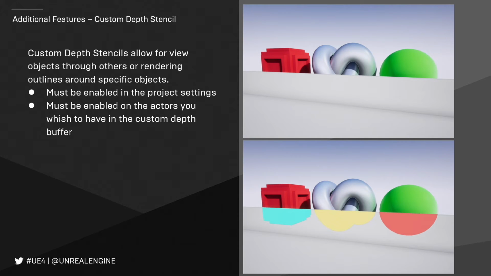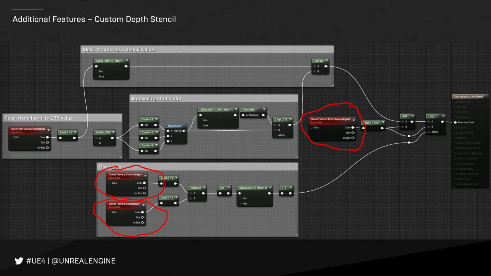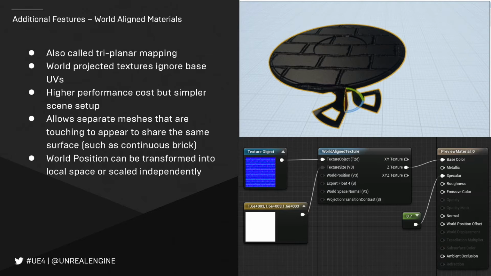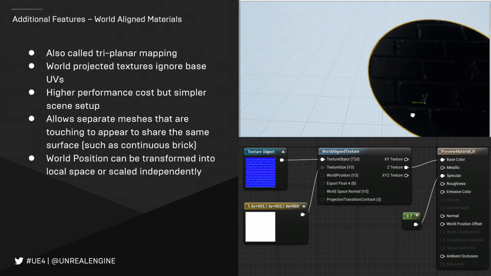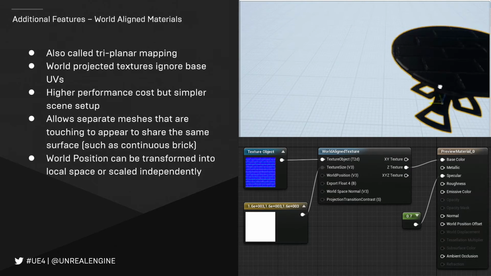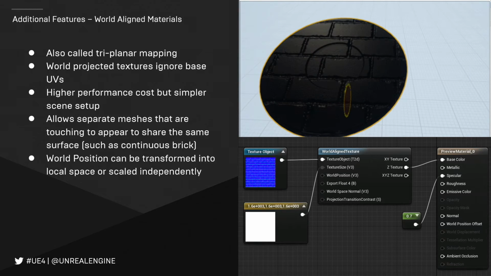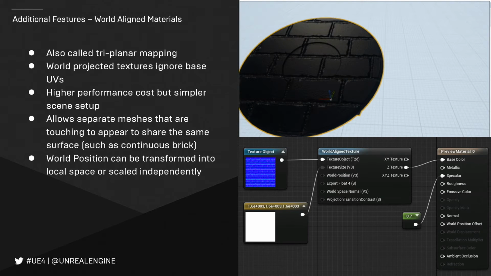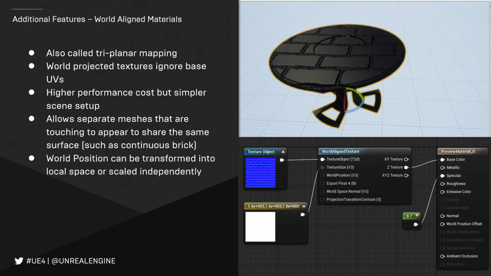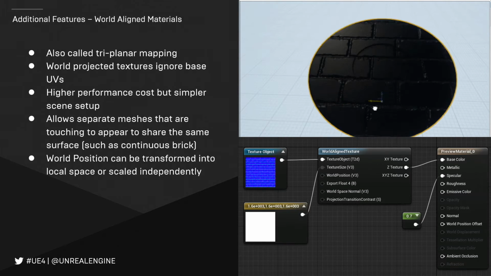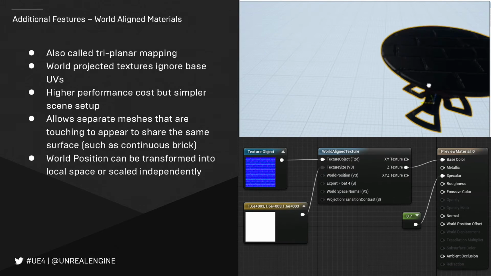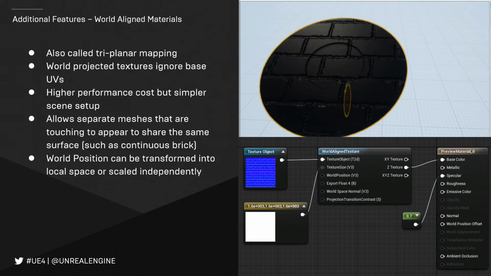Now, another feature that's quite important is world-aligned mapping. I brought this up earlier in the architectural discussion. Essentially how this works is instead of UVing your assets, so worrying about all of the time it takes to unwrap your assets, you can project your surfaces. And when you project them, it stays consistent across them.